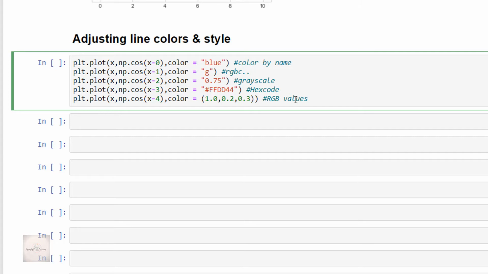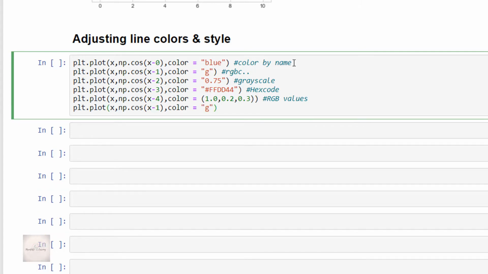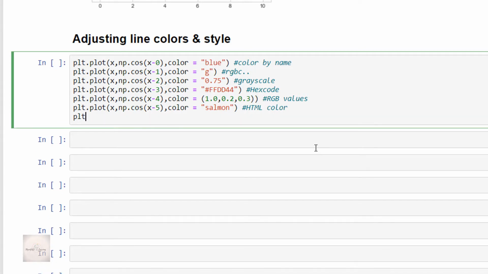So next is plt.plot of x comma np.cos of x minus 5 comma color is equal to salmon. Yes, salmon. Here I am specifying a color supported in HTML. And all the HTML color names are supported in Matplotlib.